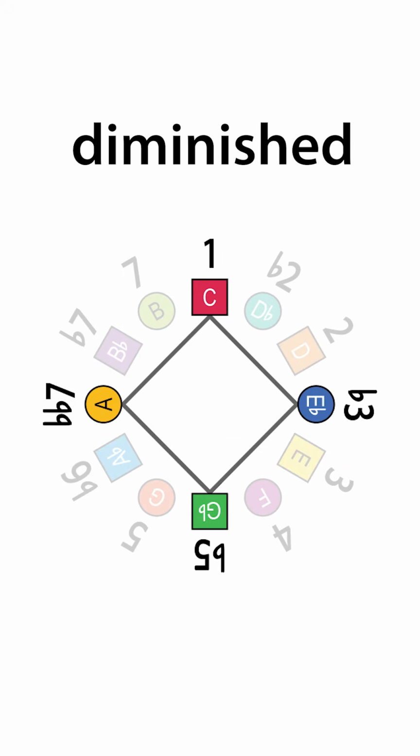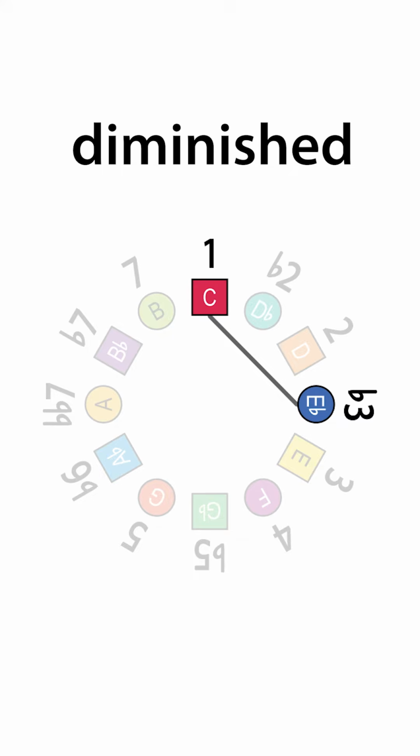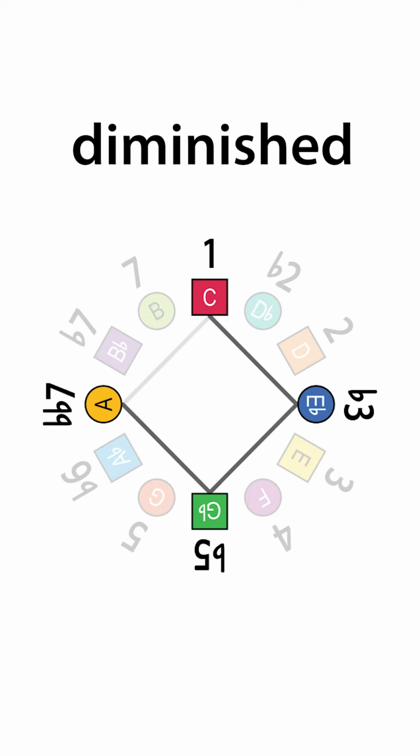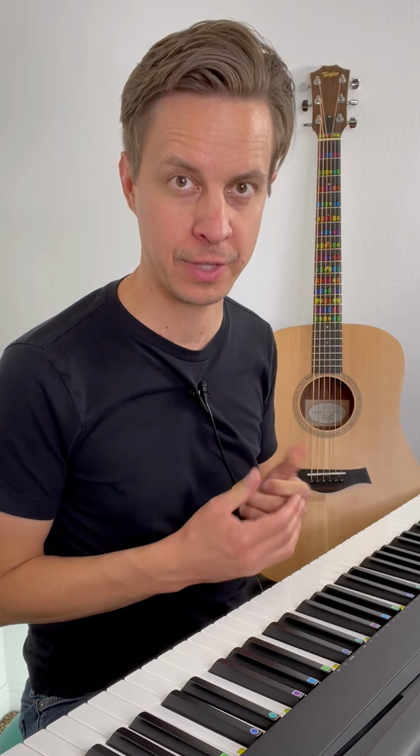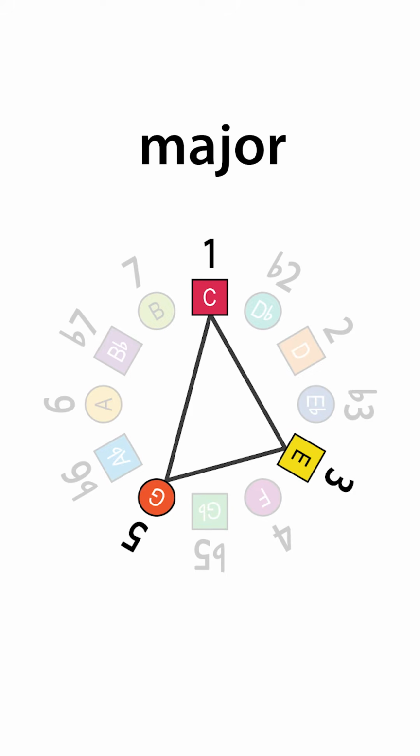Or when you play a diminished 7th chord like this C fully diminished, you get a perfect square from intervals 1, flat 3, flat 5, and double flat 7. But what about a more common chord like C major? How is that geometric? Well, this triad is formed from a combination of geometric connections, where the major third between